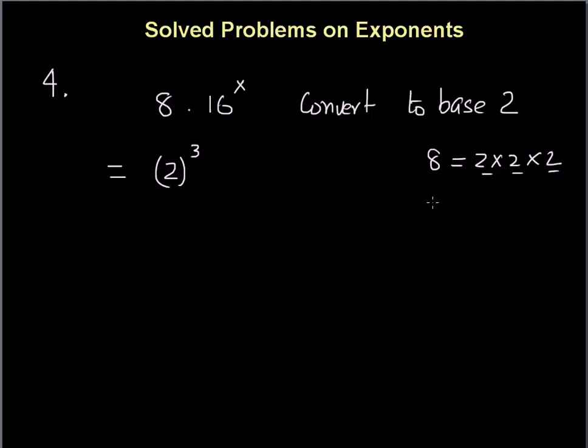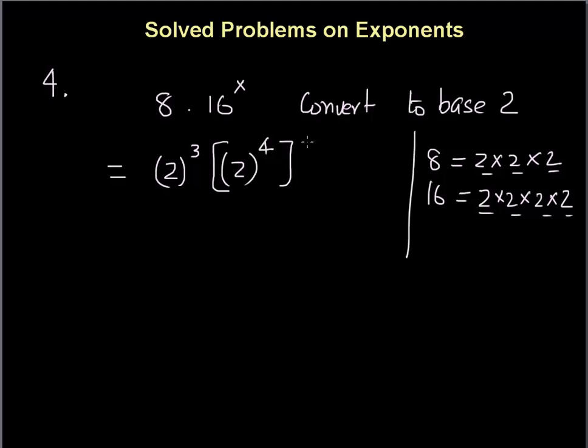And then I know 16 can also be written, so let's draw a line here, as 2 into 2 into 2 into 2, right? So 4 times. So I can write 2 to the power 4, and then I have to put a bracket here because x is still there, so power x. Then we can open it up and simply write 2 to the power 3, and these are two powers, power of power. So the rule is that powers are multiplied, so that's going to be 4x,